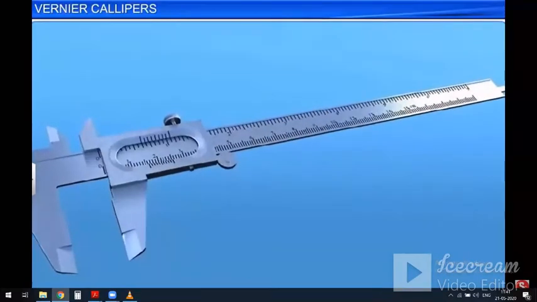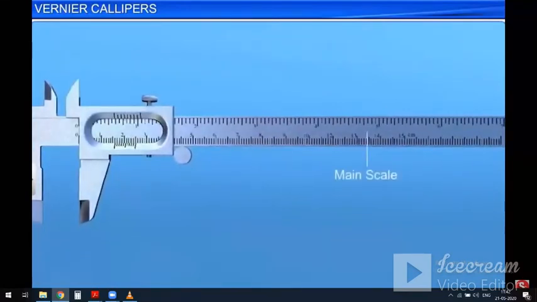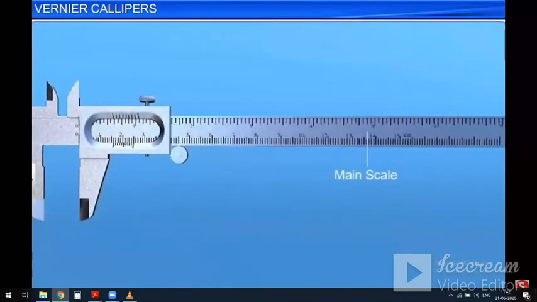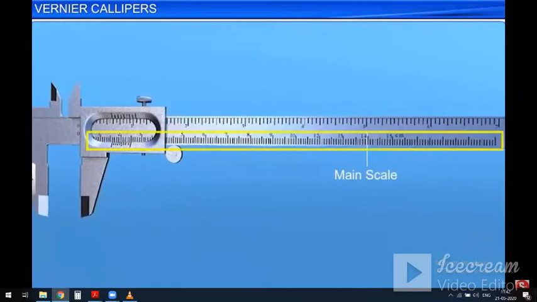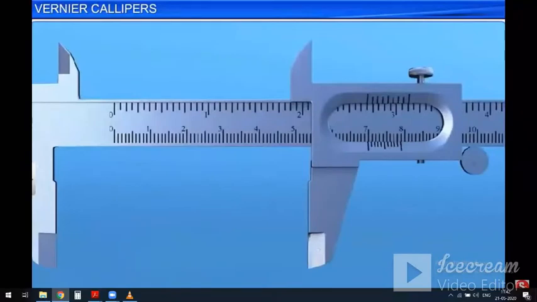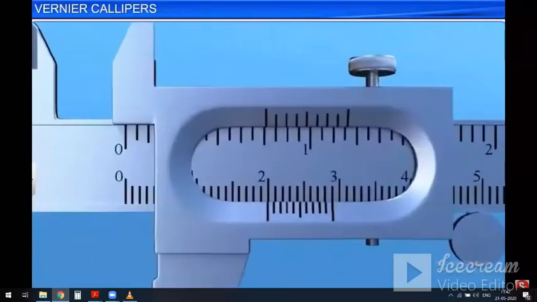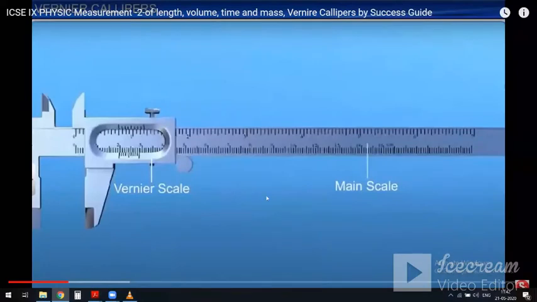A vernier calipers consists of two scales. One is called the main scale or ordinary scale, which is fixed. The main scale is graduated in centimeter and millimeter. The other scale, which slides along the main scale, is called the vernier scale. The vernier scale is graduated in divisions that are less than 1 millimeter. It is designed based on a principle such that n divisions on the vernier scale coincide with n minus